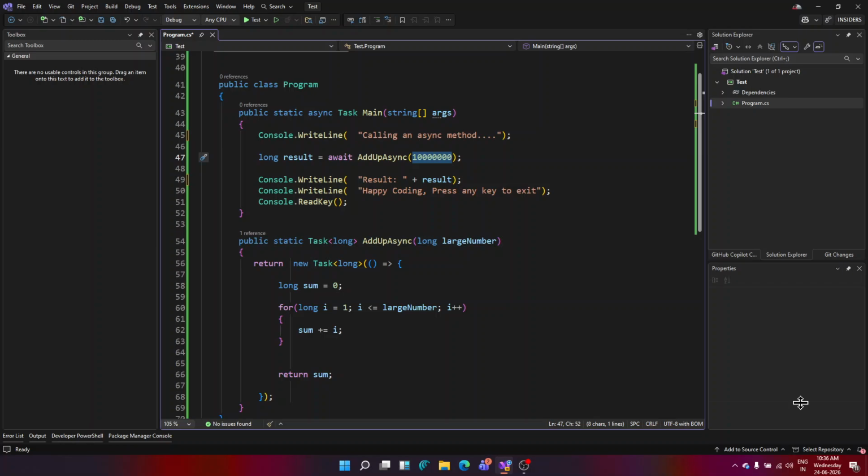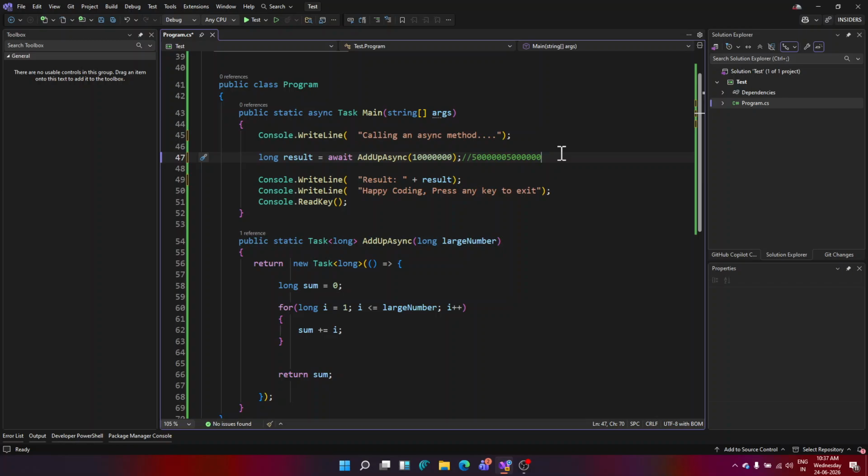Well, it is showing 10 million natural numbers comes to 50,000,000,000,000 plus 5,000,000. So the answer of that should be, let me type it, 50,000,000,000,000,5,000,000. Okay, that is 50 trillion 5 million. That should be the answer if it can add up the first 10 million natural numbers. All good. So do you think the answer should come like result colon that big number?